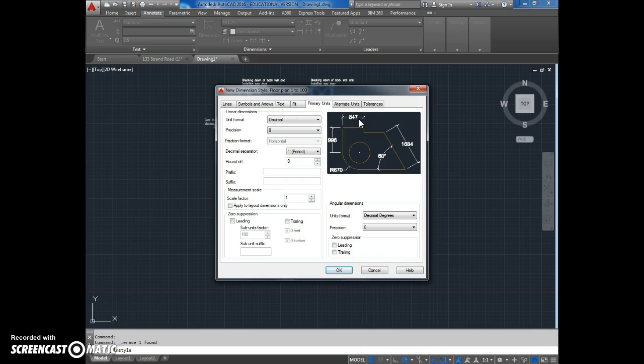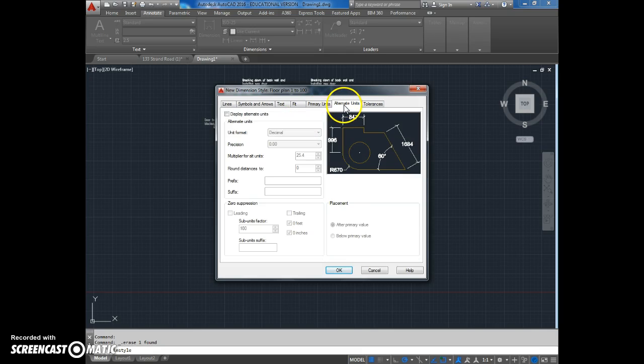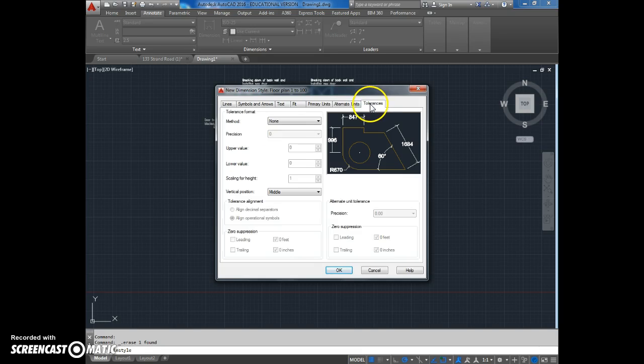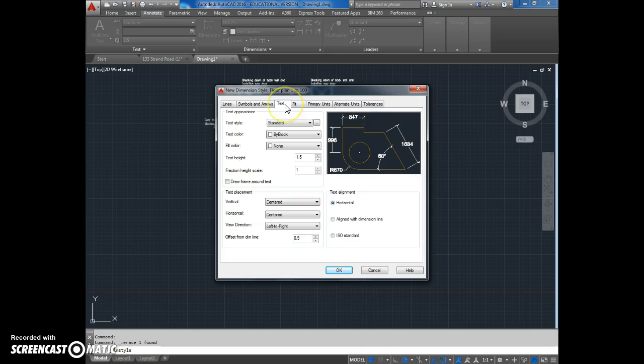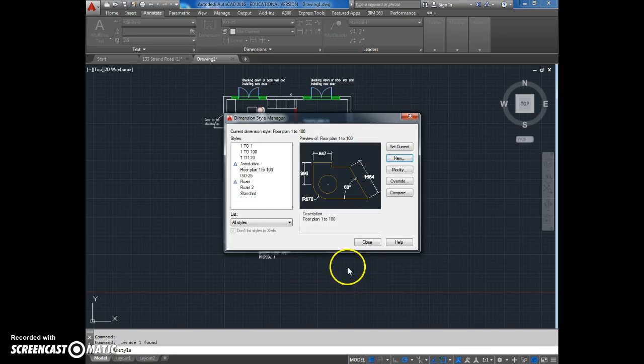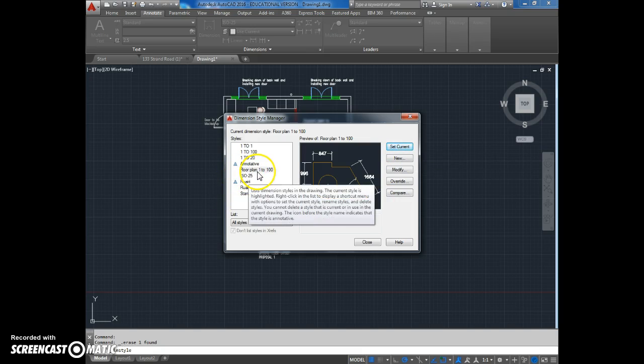drawing everything in millimeters. If we're drawing in meters, you could go to 3 decimal places. And then alternate units, we leave that blank, and tolerance, we leave that alone. And we'll go just back to text, and that's in a standard. If you wanted to change that, you could, but I'll just leave it as it is, and I click OK to that. Set current, and if you can see here, it's set up floor plan 1:100, and we click